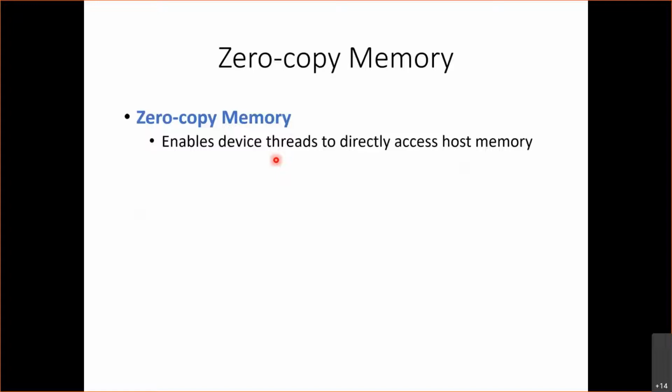What happens when we do something like that is that when a thread running on the GPU tries to access a memory address that points to data that is on the CPU, the runtime system on demand will copy that data from the CPU memory to the GPU memory and serve it to that thread. So rather than us having to do a CUDA copy explicitly, we can just allocate the data